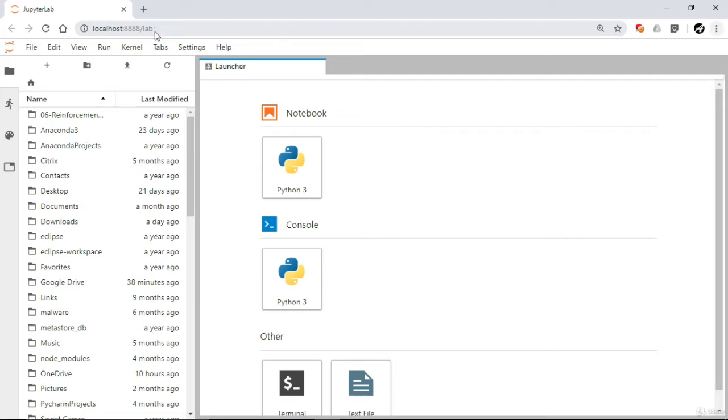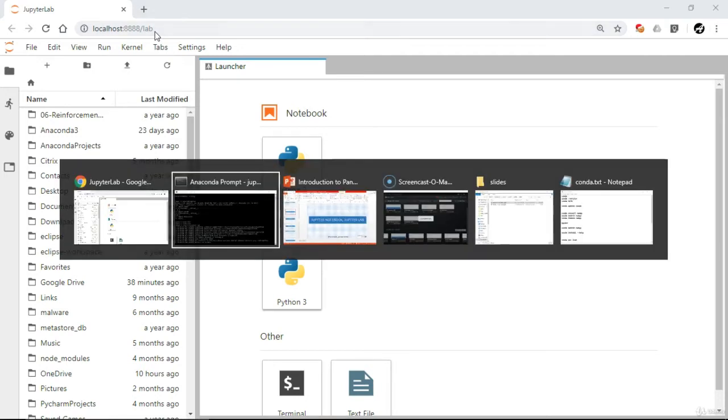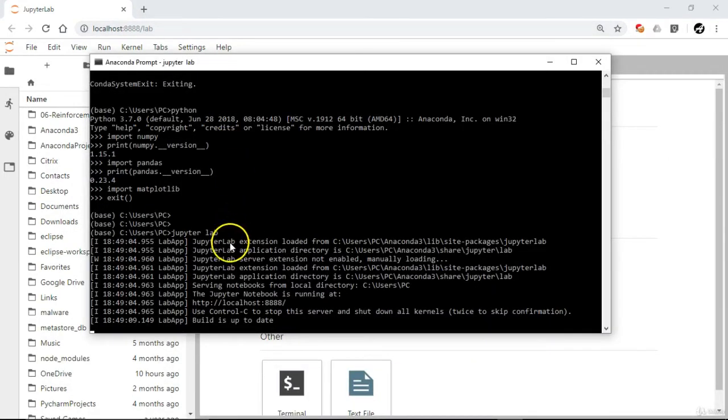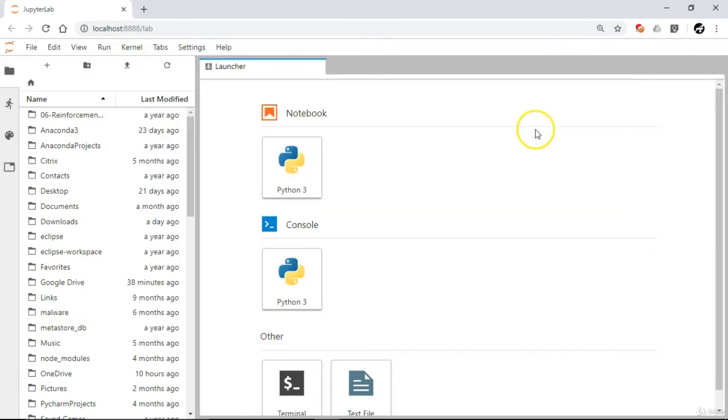But if you are starting this Jupyter notebook server for the first time, then along with this localhost:8888, it will provide you a token also, and that token you need to supply while entering into this Jupyter notebook or Jupyter lab server.